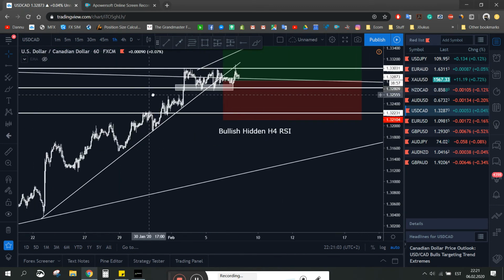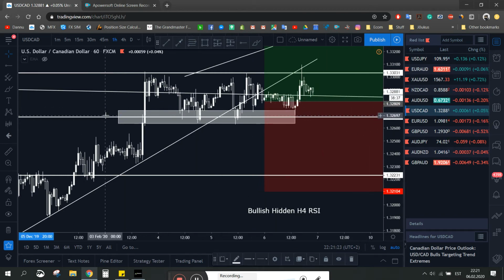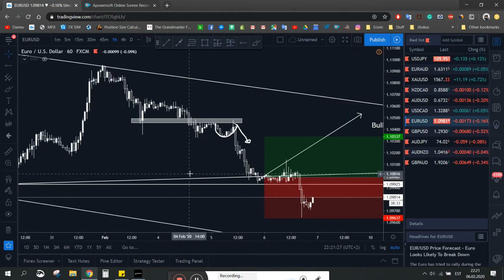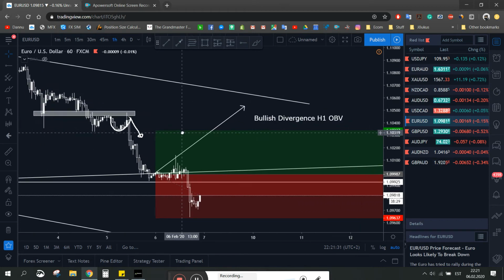So yeah, that broke previous support, resistance, whatever, retesting like crazy. And I saw bullish hidden divergence. Bullish hidden means trend continuation. So I was thinking it might go up, but it's been ranging like crazy, so no clear price action yet. EUR USD almost stopped me out, but